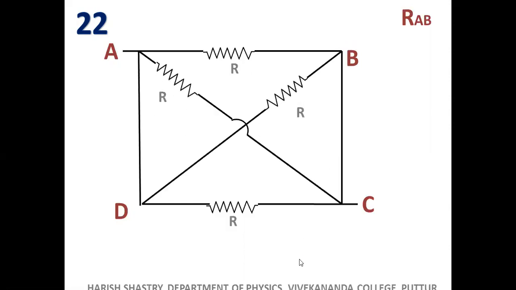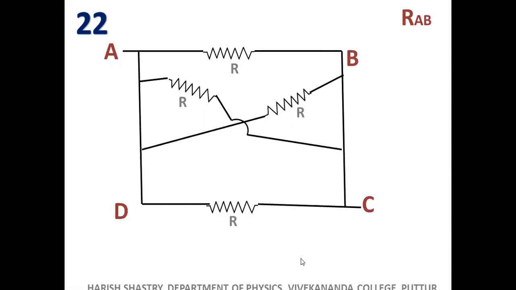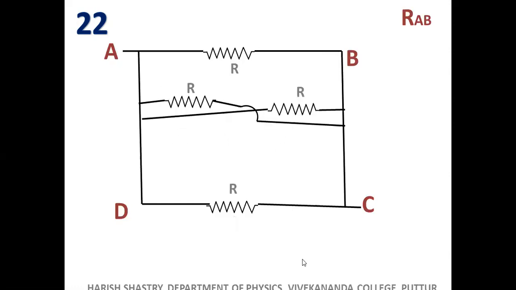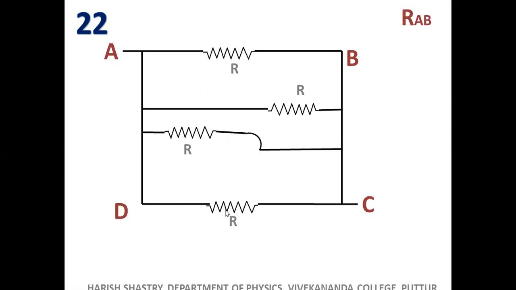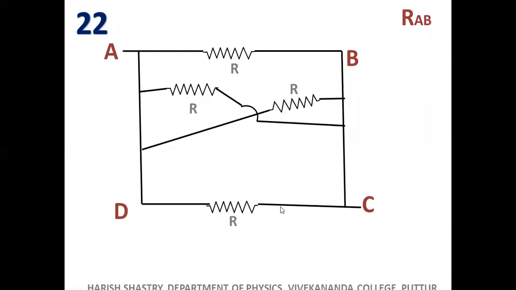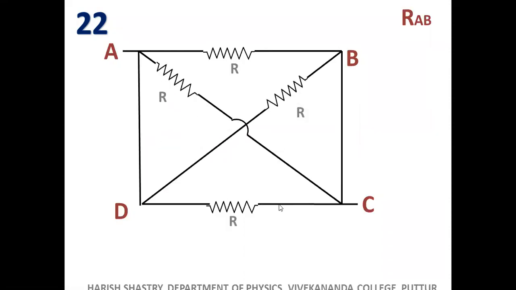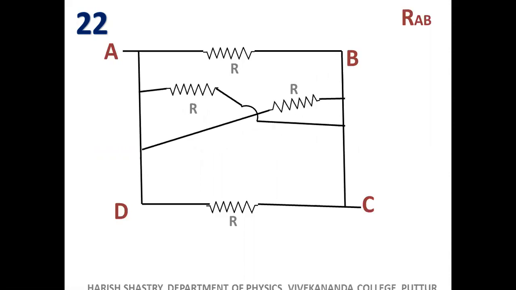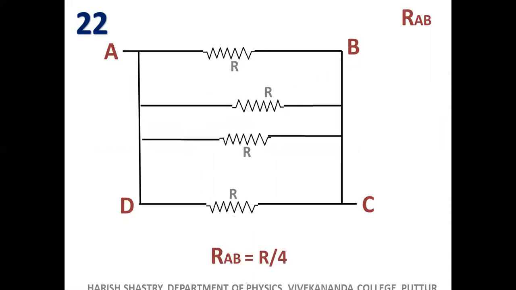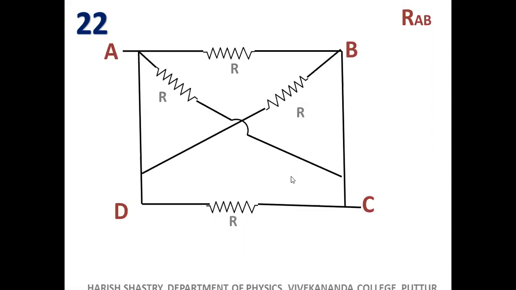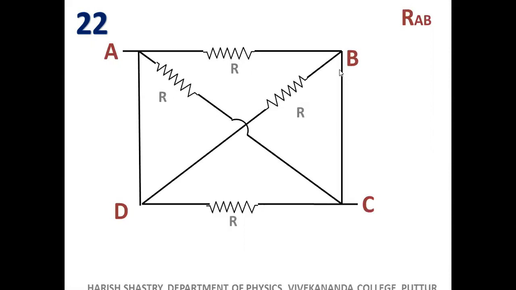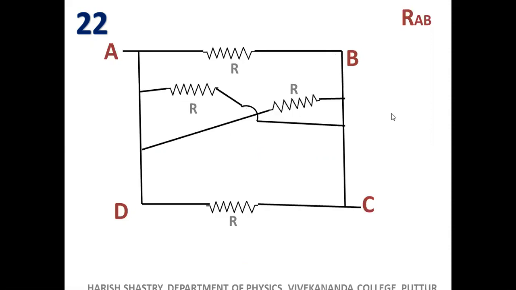I will show it again. It is like this. So the connection here like this, like this, like this, and it jumps and like this. Now all are in parallel. R by 4 should be the answer, correct? So like this, it is connected like this. So finally, yeah, like this. So they are made to jump, and there is R by 4. Equivalent resistance is R by 4. Okay. So you can see that R by 4 here itself. Common terminal, common terminal. All the resistances are connected in parallel. Okay. 23rd one.